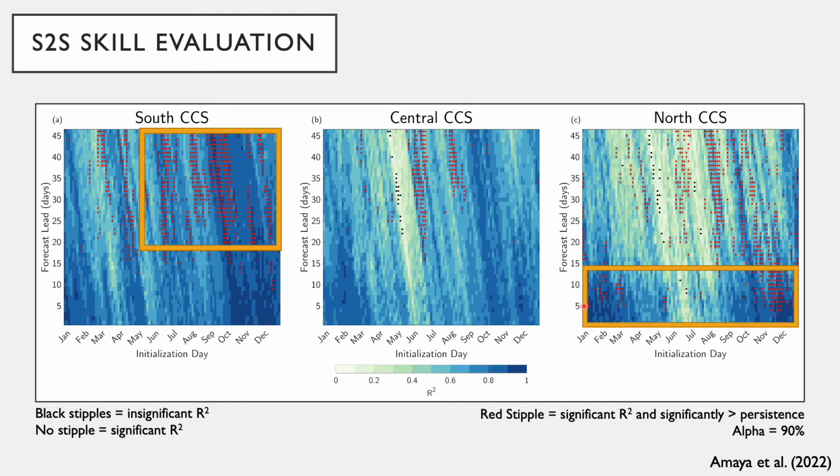The reason for this is actually pretty interesting. There's quite a bit more weather noise in the Northern California current system than there is, say, in the Southern California current system. So as a result, there is much more persistence in the south and much less persistence in the north. And this does a couple things to your forecast skill. In the Southern California current system, it takes much longer for the dynamical forecasts to begin to separate from persistence because there is such strong day-to-day persistence in this region.